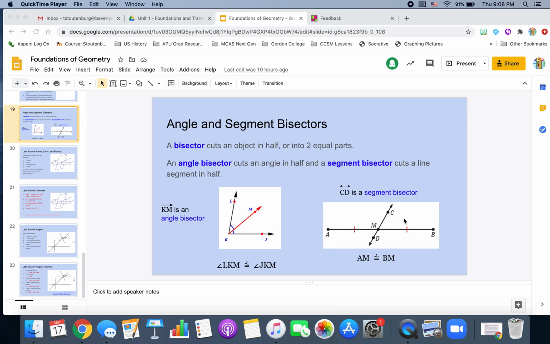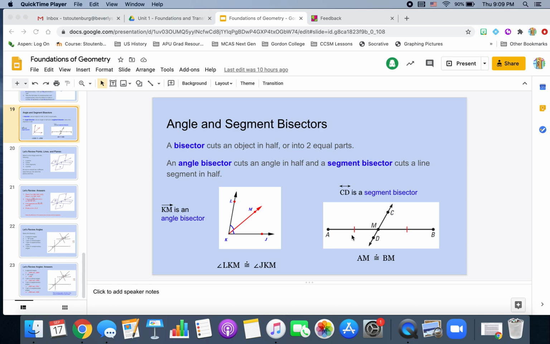Again, a segment bisector just cuts a line segment in half. So here I have my line segment AB. My segment bisector is the line CD, and CD intersects the line segment AB at point M, making M a midpoint, because AM and BM, with the two